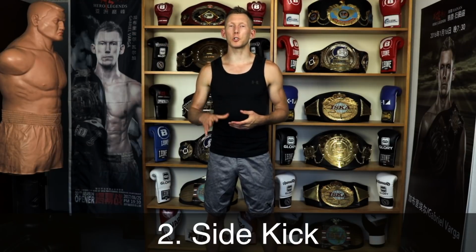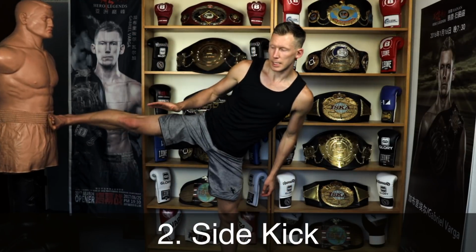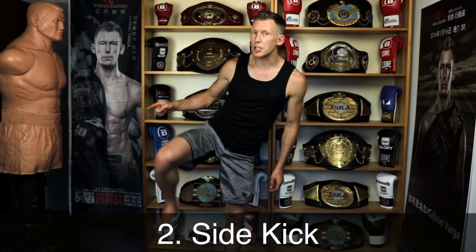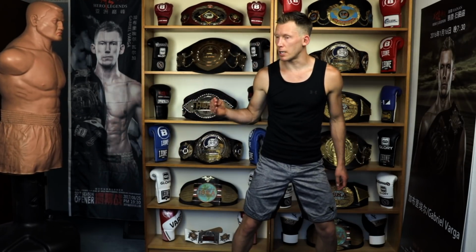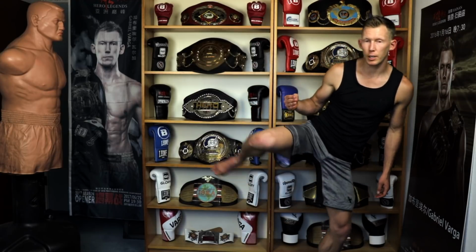All right, guys, point number 2, I want to talk about Steven's side kick. Now, the side kick does such a good job of maintaining range and keeping people at a distance. If they're out of range, he can use a little shuffle step to push them back. If he's back here and they run in, he simply shifts his weight over his back foot and uses the